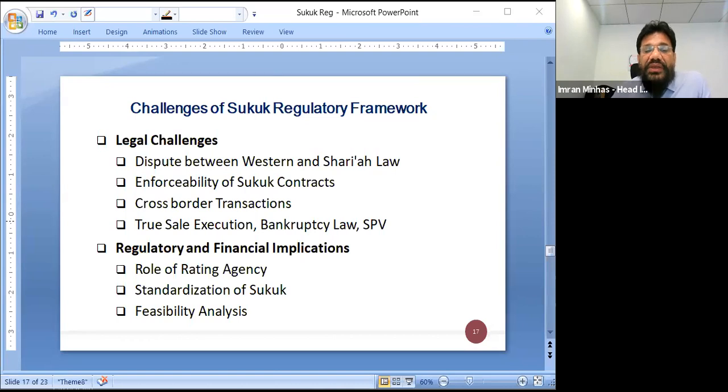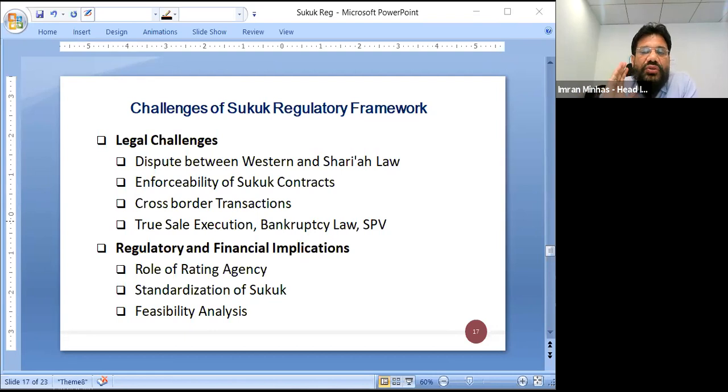In the financial implication, the role of rating agency is very important. It is an inevitable fact that when investors purchase Sukuk, they are interested in the risk related to the issuer instead of the underlying asset of the project. This is happening due to the prevalence of asset-backed Sukuk, because the methodology used by the rating agency for Sukuk rating is similar to the conventional bond rating.